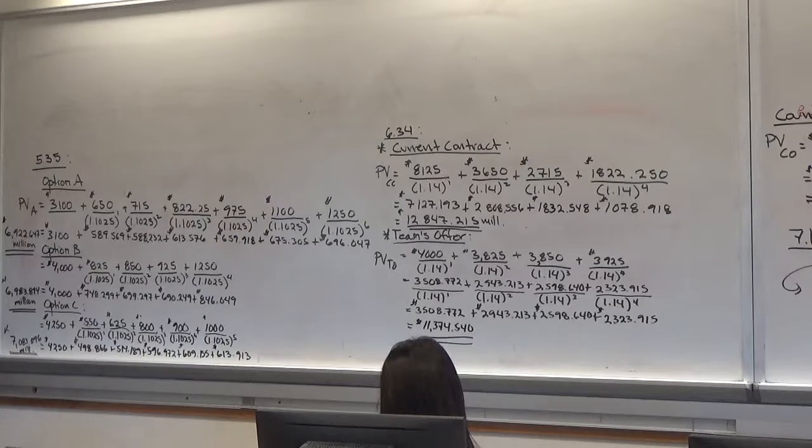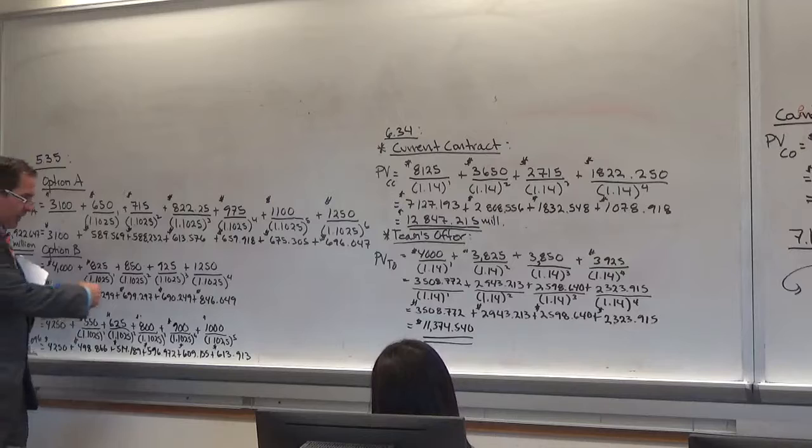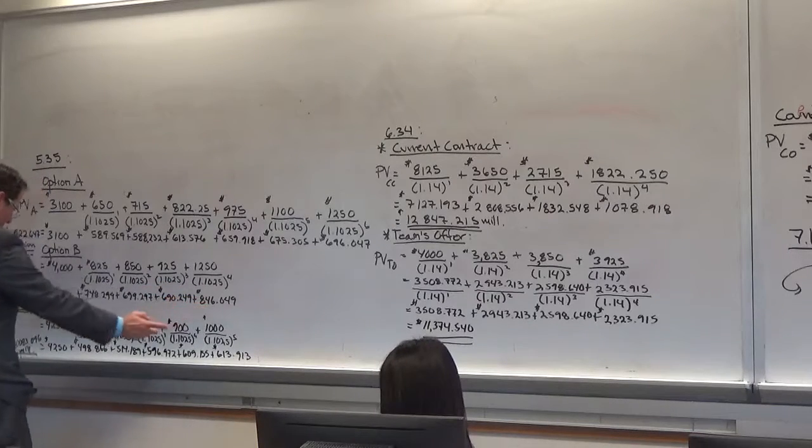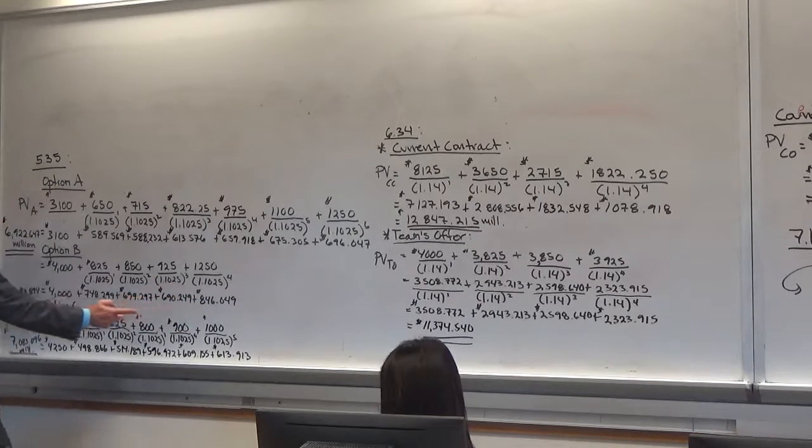6,922,000, almost 923,000. Option B is going to get a signing bonus of 4 million, but the contract is only going to go out for 4 years instead of 6 years. So then you're going to calculate the discount factors, discount the cash flows, don't discount the bonus, add them together, and then option B is going to get